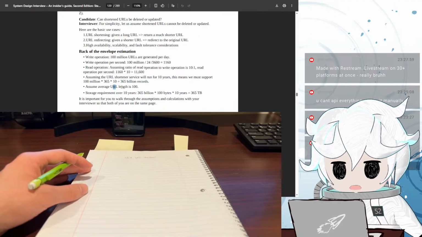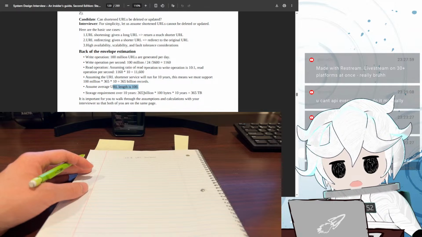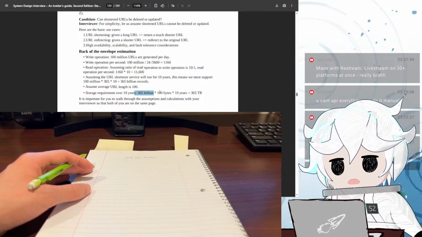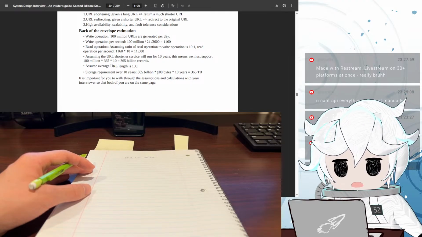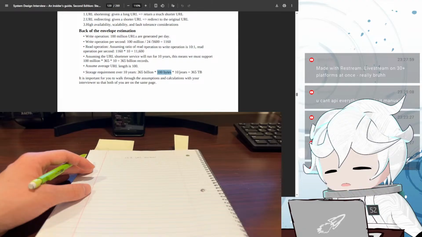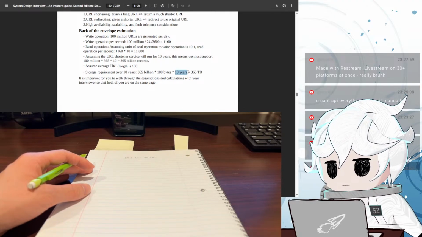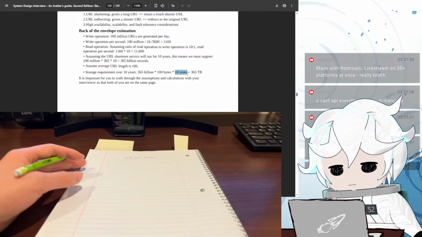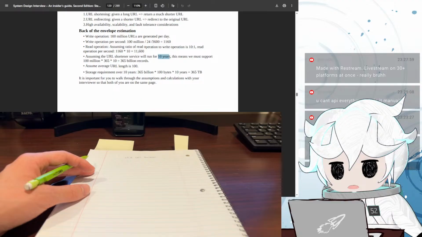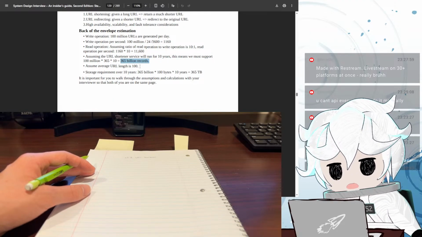Assume the average URL length is 100 characters, and 1 character is a byte. So this many records lifespan times 100 characters times 10 years. Wait, don't they already take into account the 10 years over here? So lifetime we need 365 billion records.